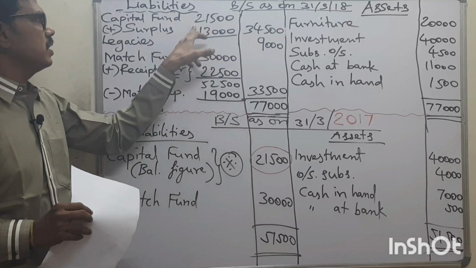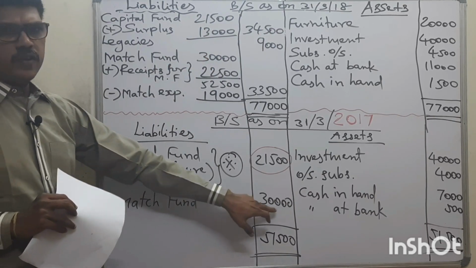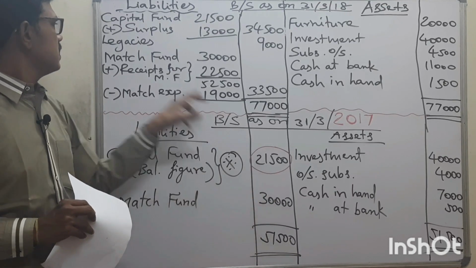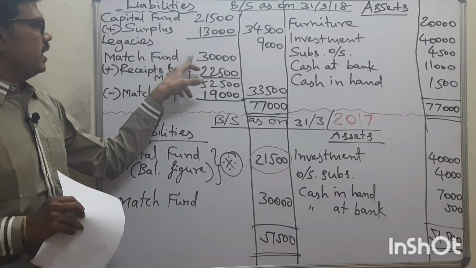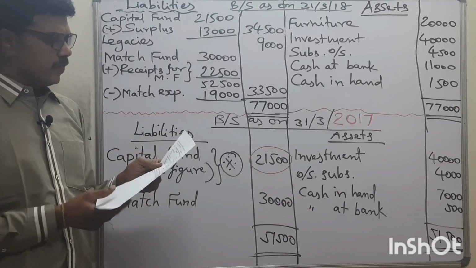This amount should be taken to the current year balance sheet. Similarly, match fund. Match fund is a non-current liability. This amount should be transferred to the current year balance sheet, liability side. Apart from that, we should see closing